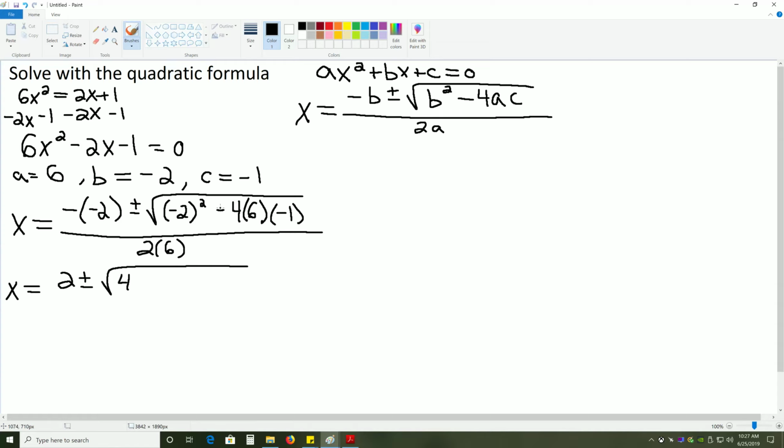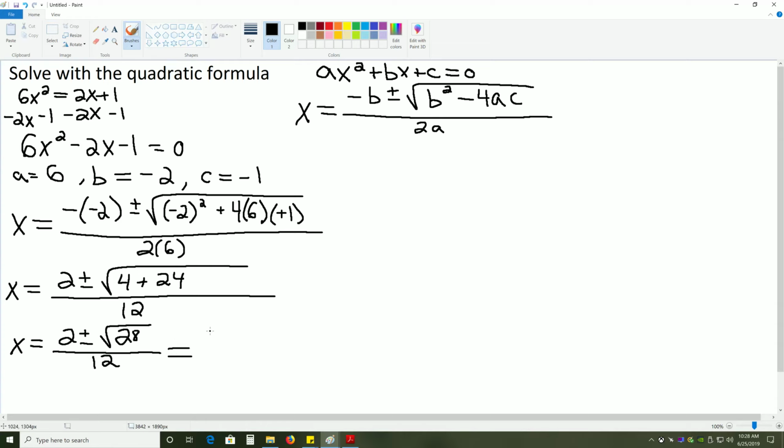Well, the negatives are going to become positive when we multiply them together, and 4 times 6 times 1 is just 24. And that's all over 2 times 6, which is 12. So we continue simplifying. We get 2 plus or minus the square root of 28 over 12,